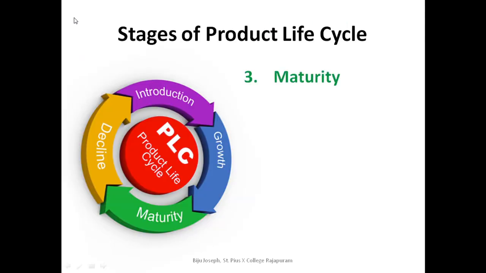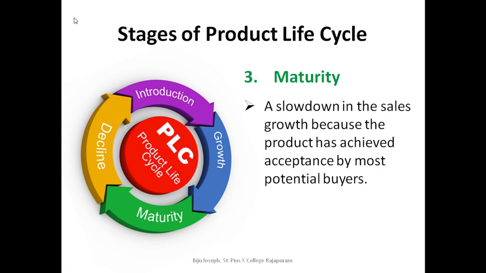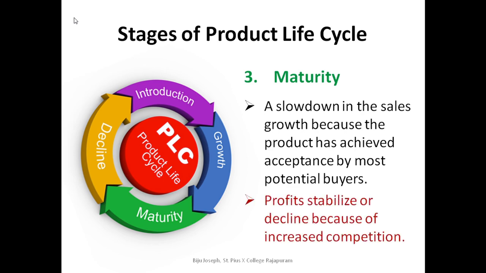The third stage is maturity stage. During this stage, a slowdown in the sales growth happens because the product has achieved acceptance by most potential buyers. Profits stabilize or decline because of increased competition. So maturity is a stage of slowdown in sales,